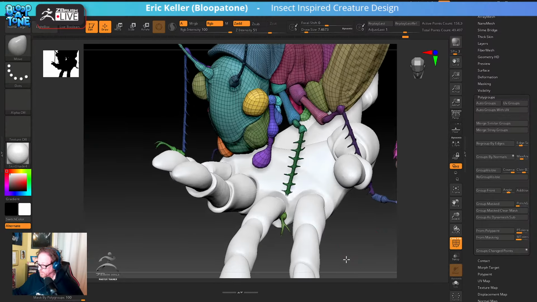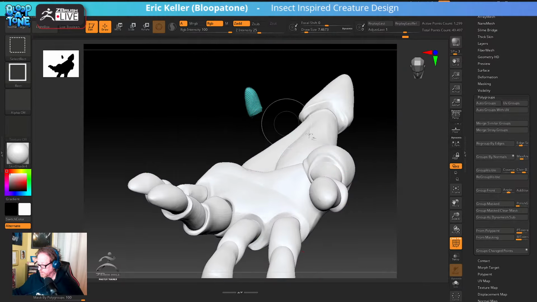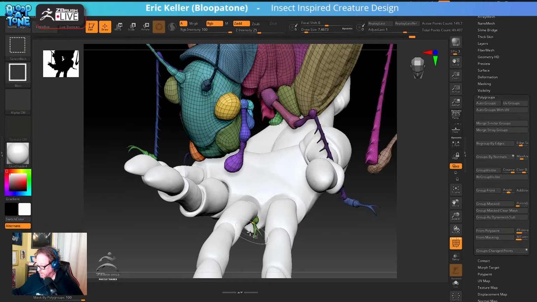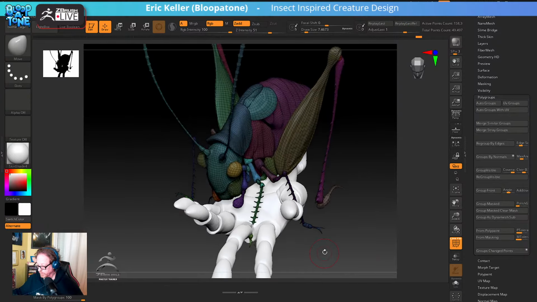I'm going to Control Shift click on this polygroup once. Do it again to hide it. Control Shift click on this. Hide this, hide this, hide this. Control Shift click there. Hide this. Control A to mask. Control Shift